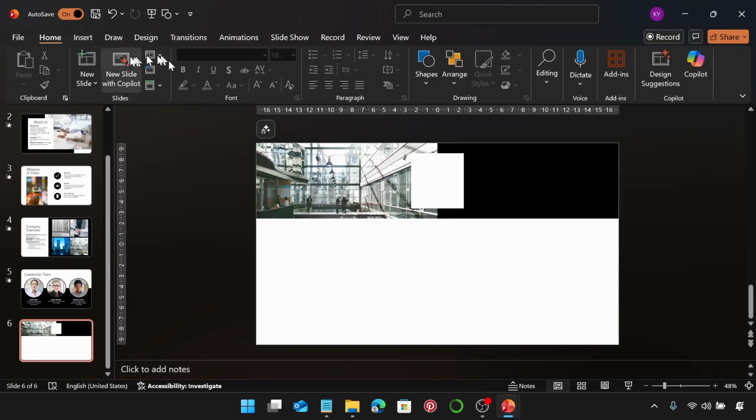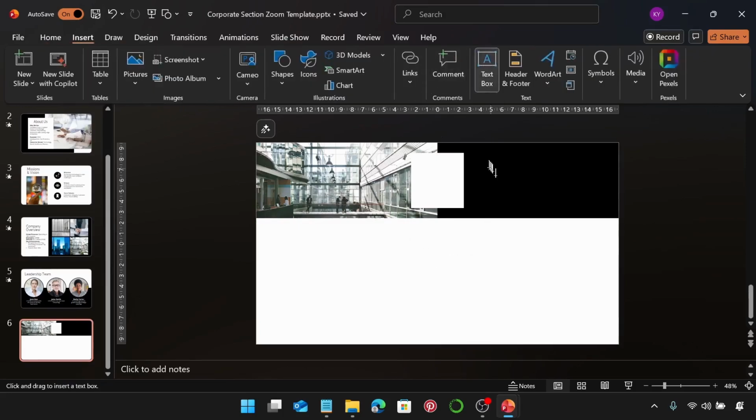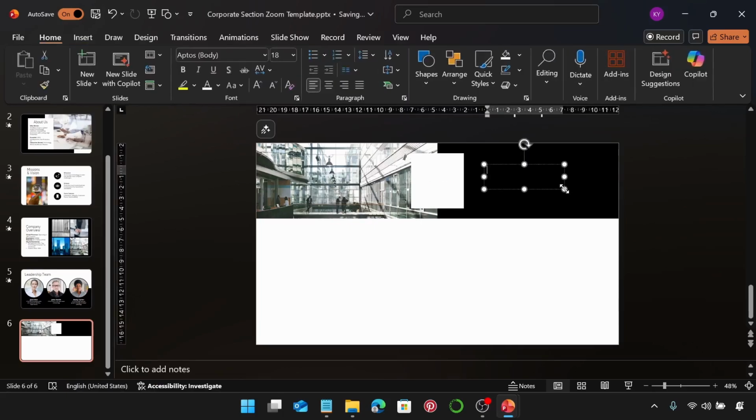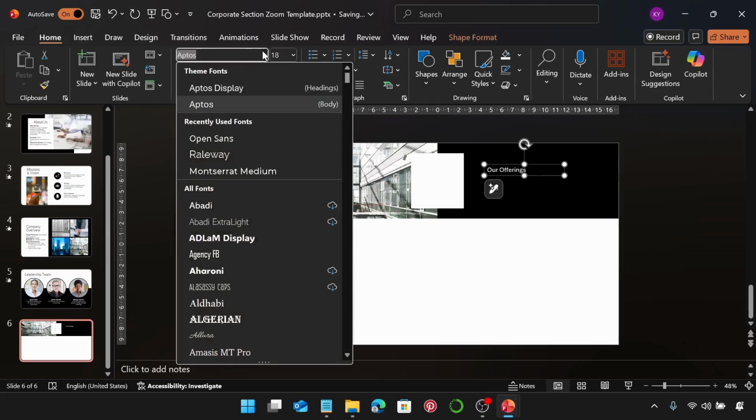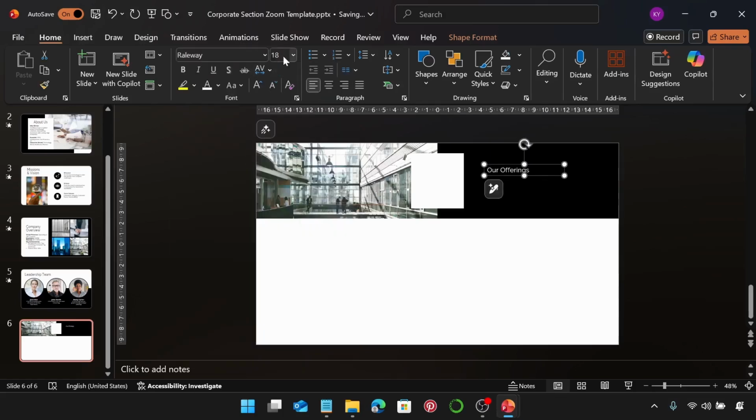this rectangle. Go over to insert next and we're going to insert a text box, and this is going to be our offerings. Can't see the text. Hopefully I didn't make any typos. Let me change to white. Okay, I did make one, so I'm just going to fix it, it's supposed to be our offerings. Change the font to Raleway, size 44, and I'm going to move this text so that it's somewhere around here. That looks fine. If I feel like I want to move it later, I will, but that's good enough for